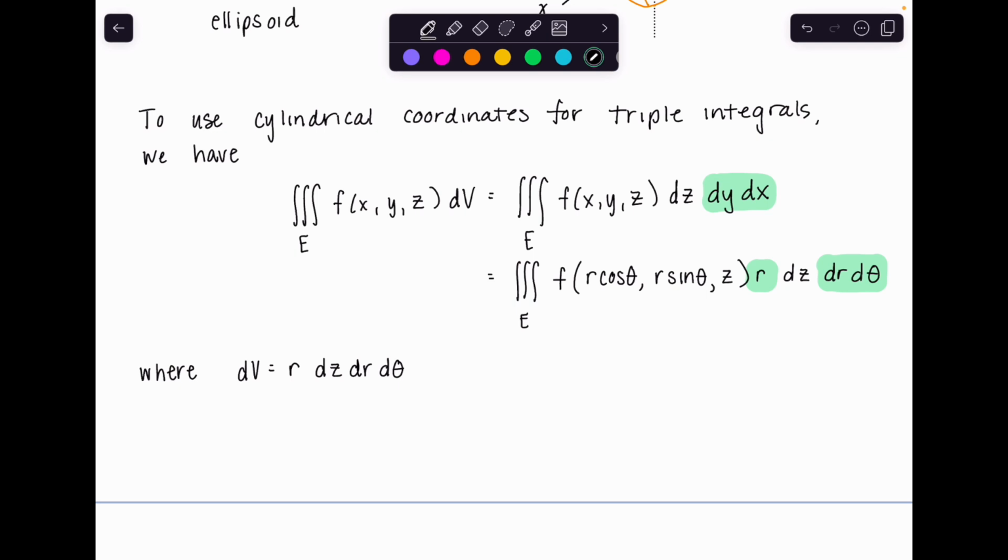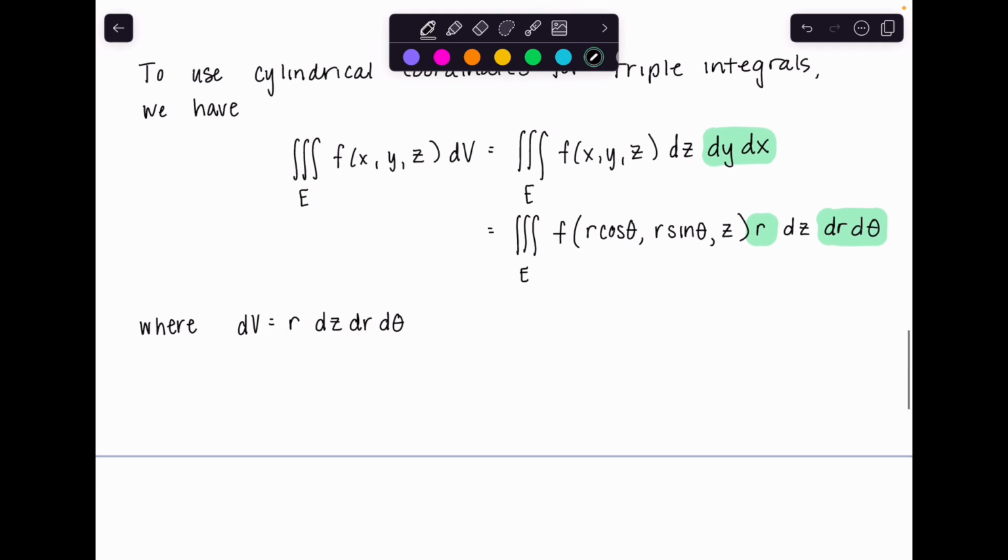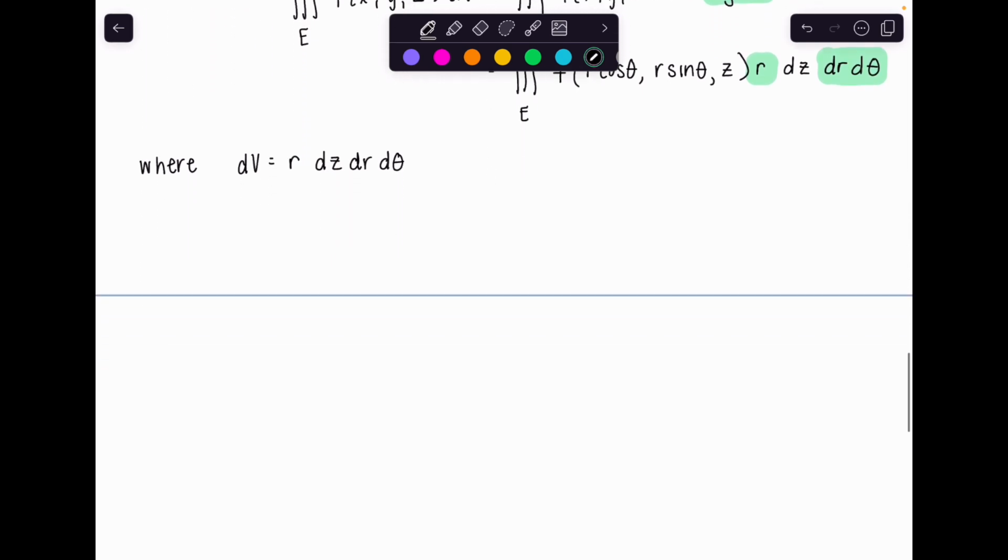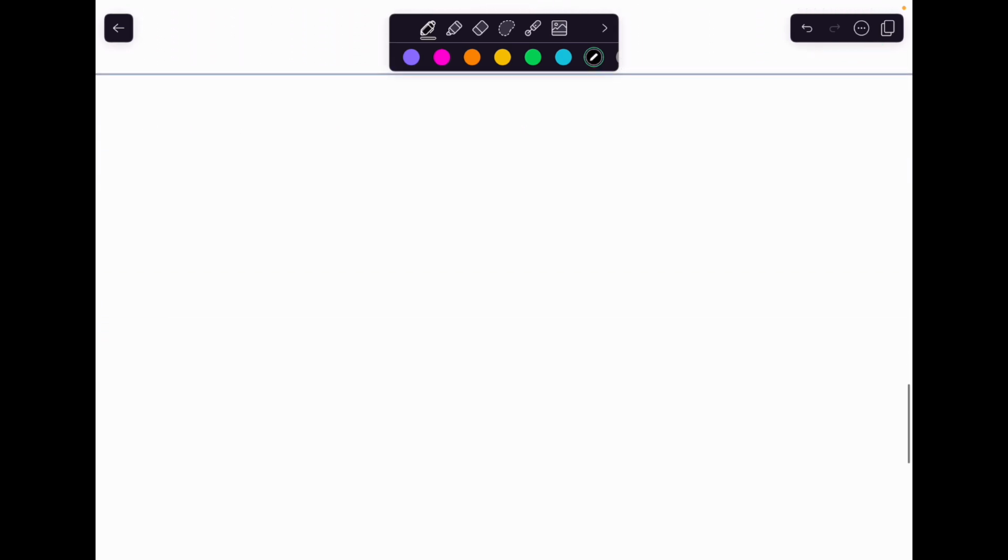So for these next two examples that I'm going to do, we're going to work with a pretty common shape that you're going to see in our next section as well. And this will also appear a lot when we get to our vector calculus sections. So it's basically what I like to call an ice cream cone or a snow cone. Snow cone is probably the better word for it. So for these two examples, you're going to see we have two surfaces. So we're going to find the volume of the solid